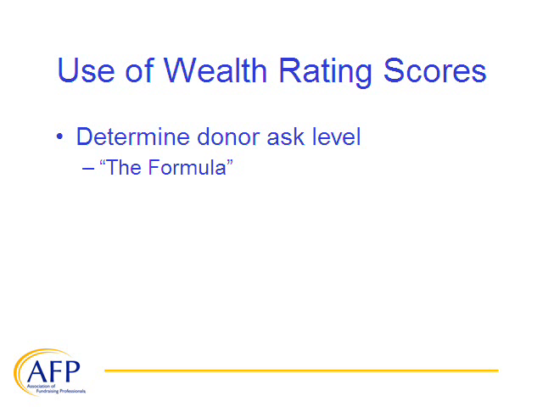When you're purchasing data and you're relying on a company who has a good formula to take this publicly available data, synthesize it in a way for each individual that gives you an idea about where they might fall in terms of wealth, that's exactly what it is. It's their idea. So it's not going to be perfect. There's going to be some miscues, and that's why we'll talk about how you want to qualify those donors who fall into your major donor pool based upon analysis and gift ask, and wealth rating.